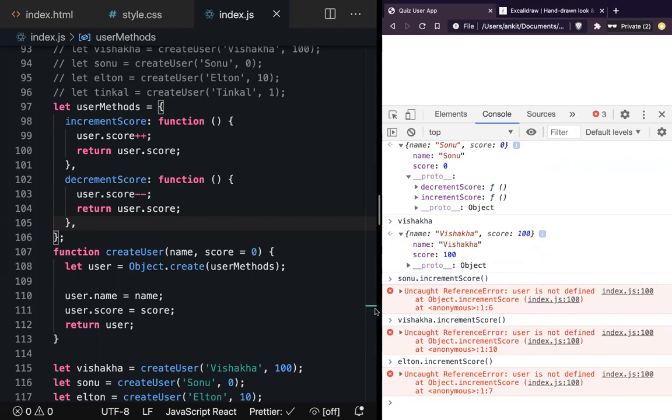So the user I'm trying to access here needs to change every time that method is called. When I'm calling it with Sonu, it needs to get called with Sonu. With Visakha, with Visakha. With Elton, with Elton. So you can think of this value as context. Let's try to understand what I'm talking about, and then bring that concept here to use it.